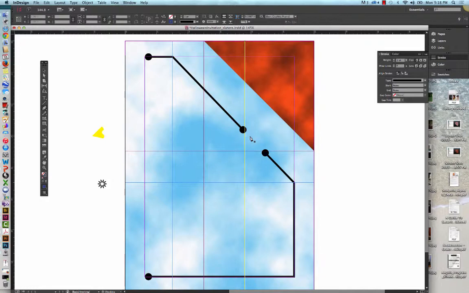So we're going to do that again. I'll be right back. All right, I'm going to back up and do that again so you can see how that works. When the pen tool changes to that diagonal line is when you want to click. And it is very touchy, so if you don't click it right when it creates that diagonal line, it's not going to allow you to